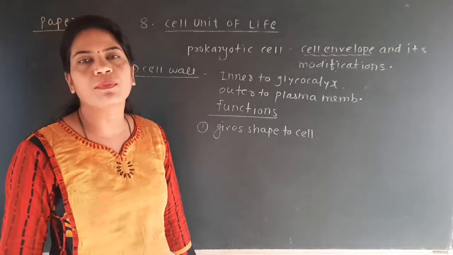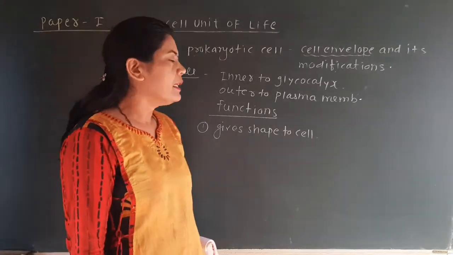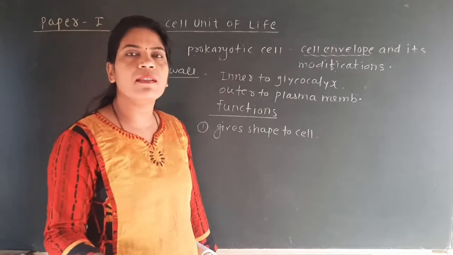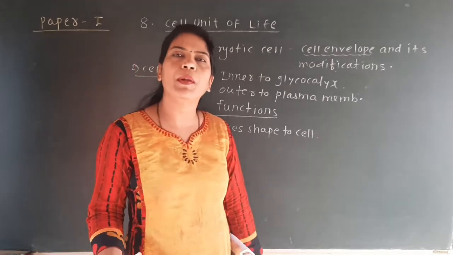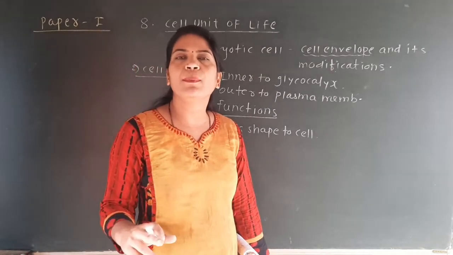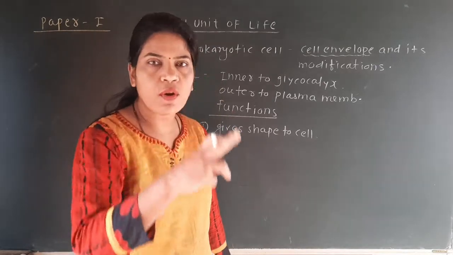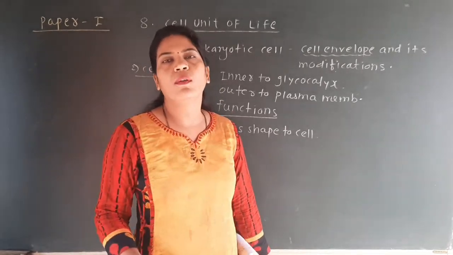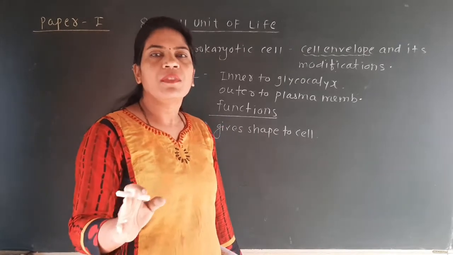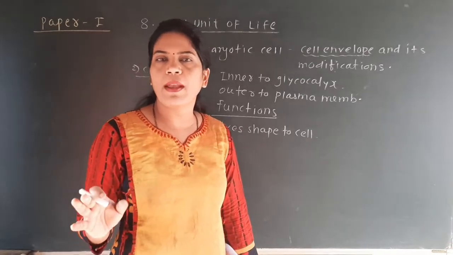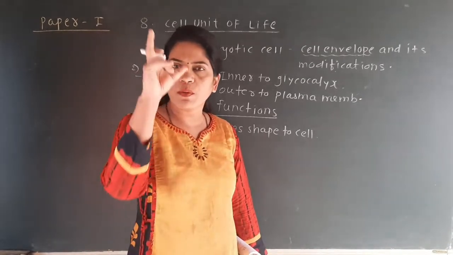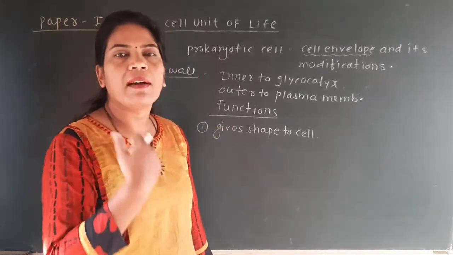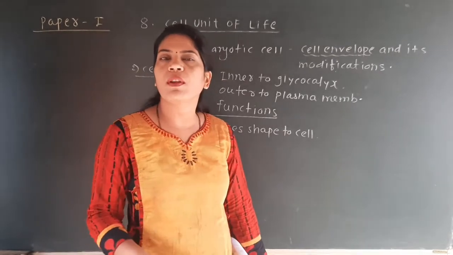This question is always asked from the NEET point of view. Here the cell wall present in the bacterial cell gives a definite shape to the cell. Meaning the overall structure or shape of the cell is due to the cell wall only. Like in animals, there is a skeleton present inside the body, and that skeleton gives specific shape to that organism. Our skeleton gives specific shape to our body.